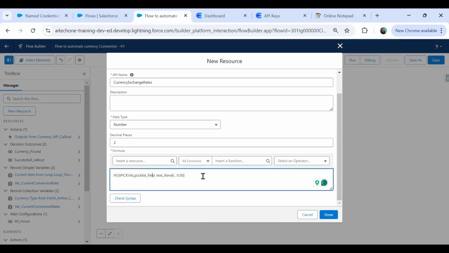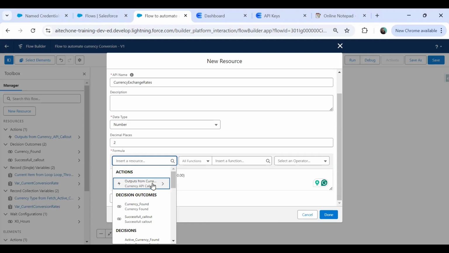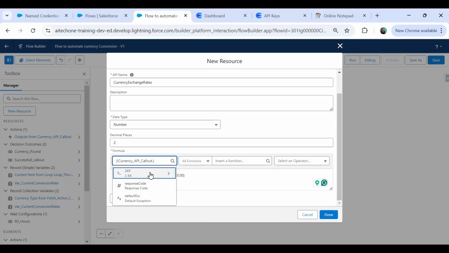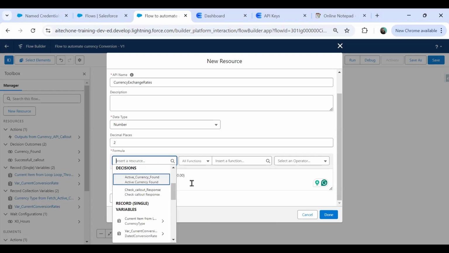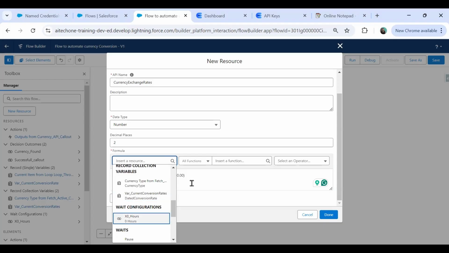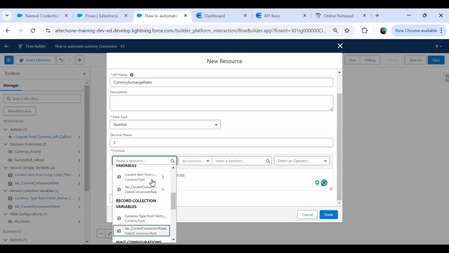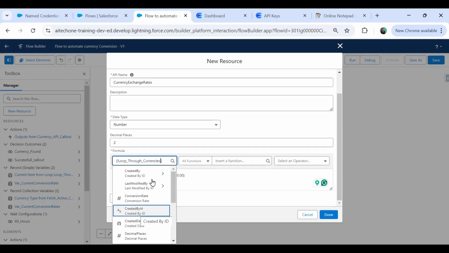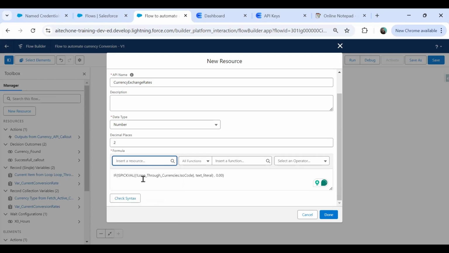And here I say picklist field. Which picklist field? So for the currency code, I say we have to put on a loop. So output from current, not from here, from a loop. So where's a loop here? Record collection. Yeah, current item from loop, and current item from loop ISO code. Current item from loop through currencies dot ISO code, and if the ISO code is